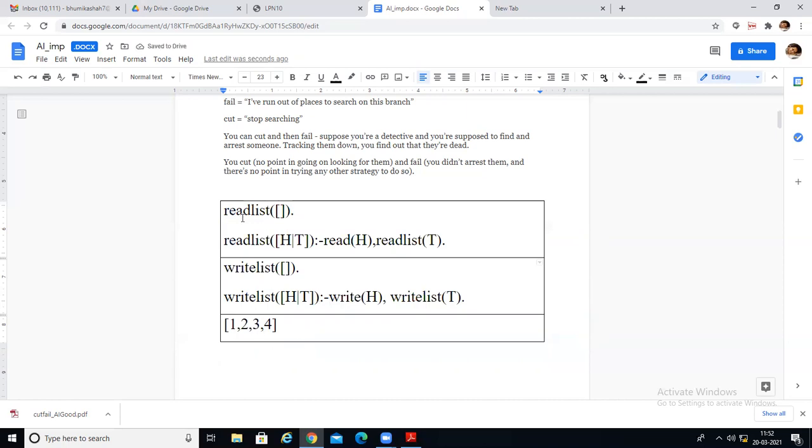So this is how you have to implement. So what have you understood today? Cut, fail, read and write. Why cut is used, why fail is used, how read as a library function is used, how write as a library function is used, that you should have understood properly for performing the programs which you are supposed to perform for today's assignment. The assignment will be posted, along with that you have to implement, which is from the GTU practical list also. And these programs have been asked many times in the GTU question paper also.